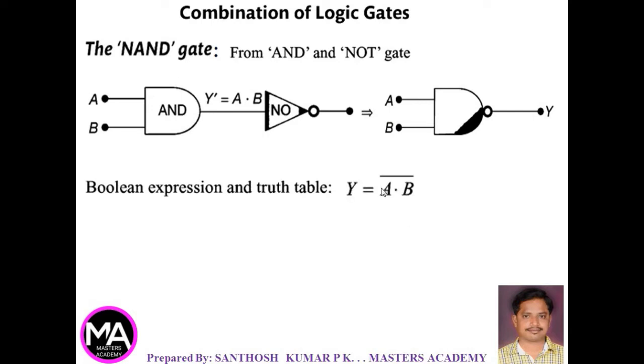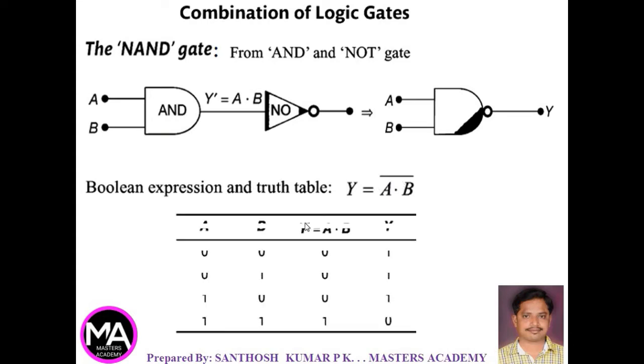The output of the AND gate is represented by Y equals A dot B. The NAND gate is nothing but NOT of AND, therefore A dot B whole complement. Two inputs A and B. Y dash is the intermediate AND gate output, Y dash equals A dot B, and output Y equals Y dash whole complement. Since the output of the AND gate is only maximum when both inputs are maximum, you will get 0 0 0 and 1.